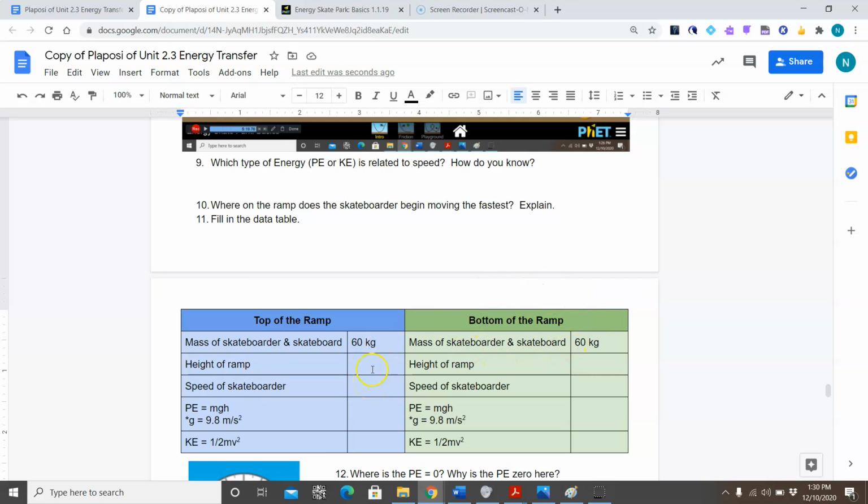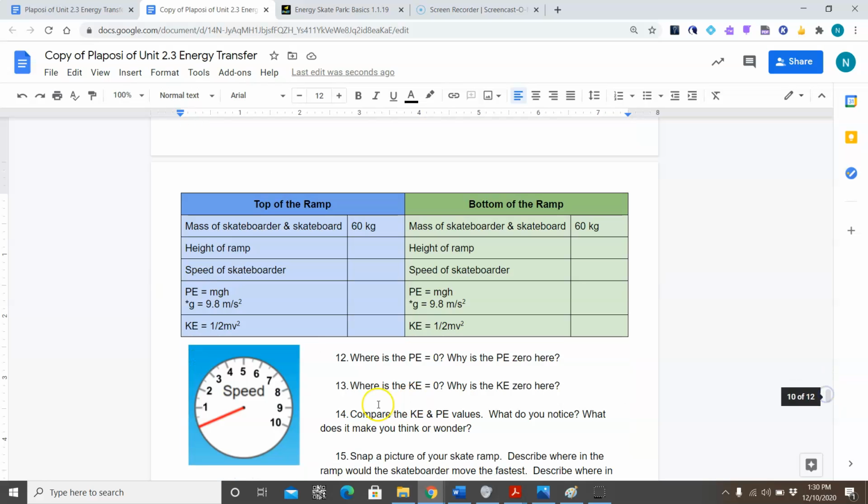We will determine the speed of the skateboarder using the speed dial. Each of the long lines represents 1 meter per second, and the little lines are half. For example, this would be 5.5, and here would be 7.5